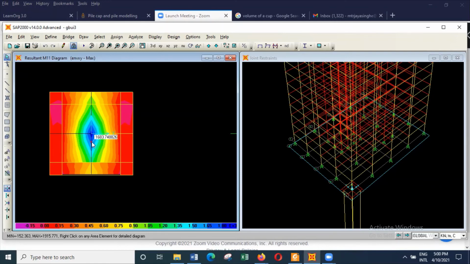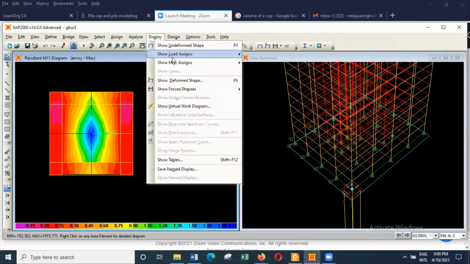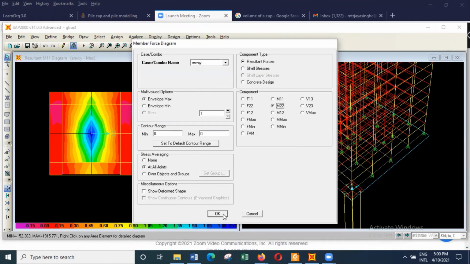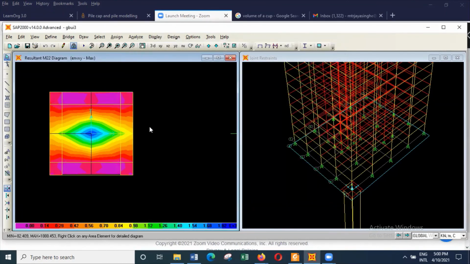But generally, we don't design for the bending moment just within the column. We just consider the bending moment just outside the column. So then we can ask it to display M22, that is the moment in the horizontal direction as well. So in that direction also you get a similar distribution. So we can extend this model further, and we can go to the level of applying the horizontal springs and finding the bending moments in piles and so on. So we'll continue all that